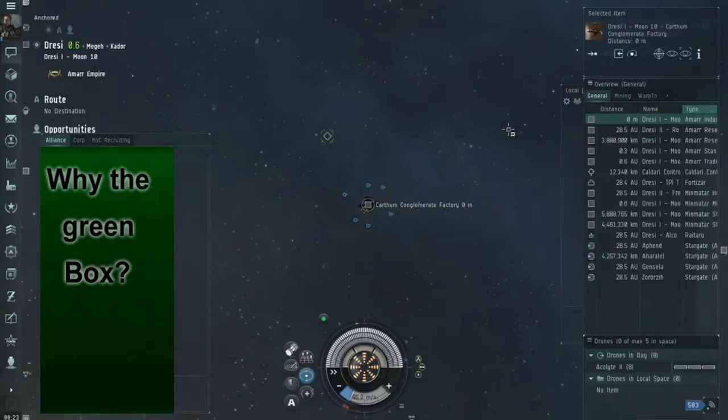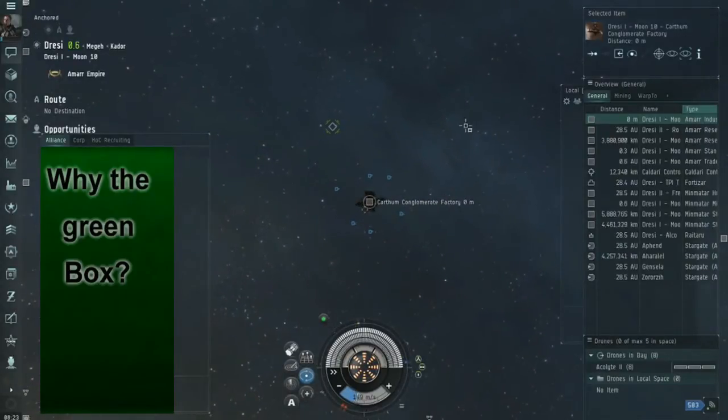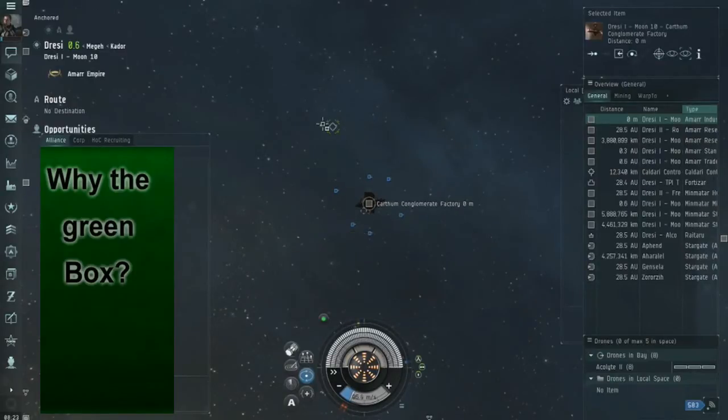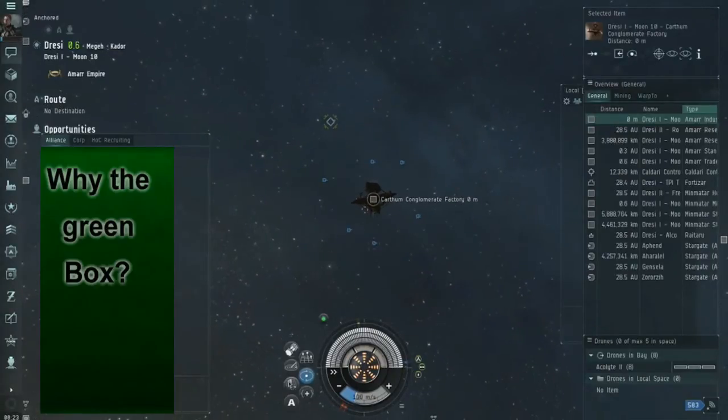This time I'm going to be running you through how to probe these green anomalies you see in space. Yes, anomalies. You can warp to them freely if you wanted to. I could start flying towards the thing because it's the thing. But